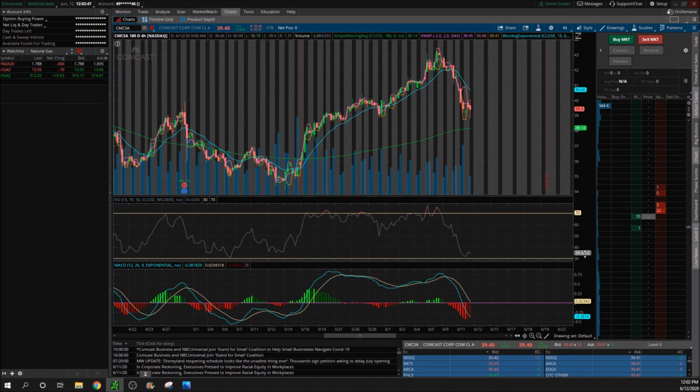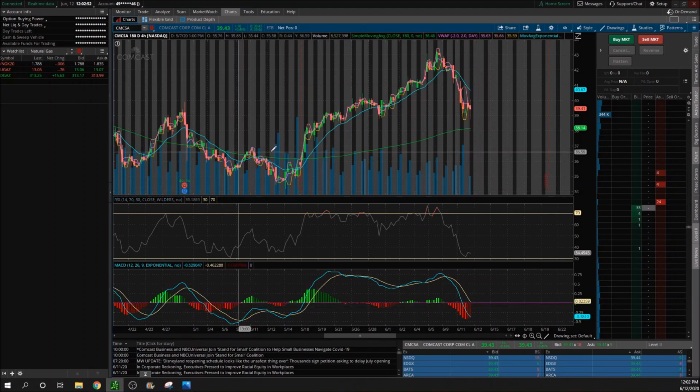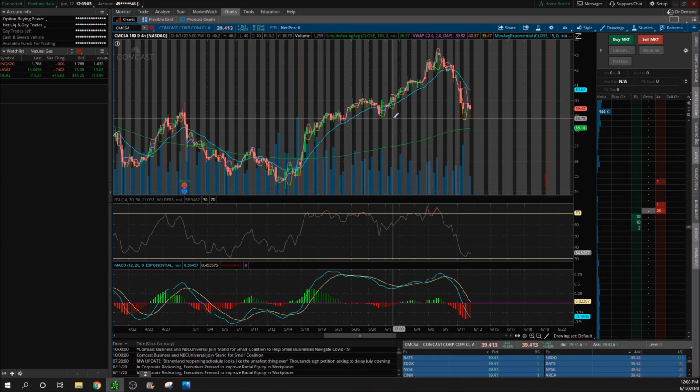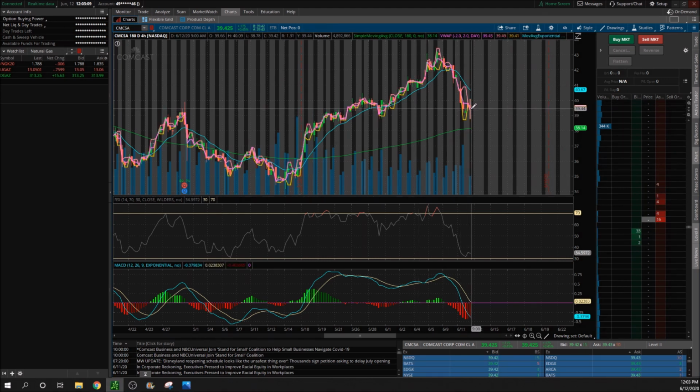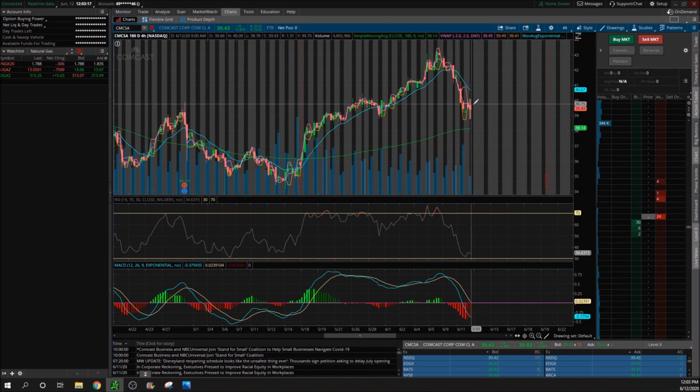all right, so we can see our RSI is at 34, right? Our MACD is starting to come back up. Our SMA line is in an upward fashion. Now looking at this, this is a previous support, right? We bounced on this once already at about $38.80. So we bounced on it, and we're starting to come back up. You can see we're still a little bearish on the day, but we're moving up,